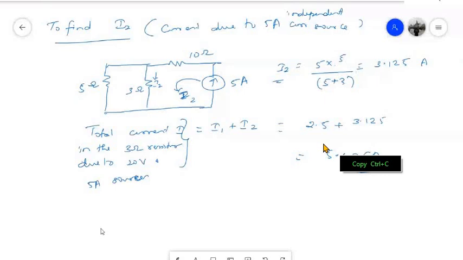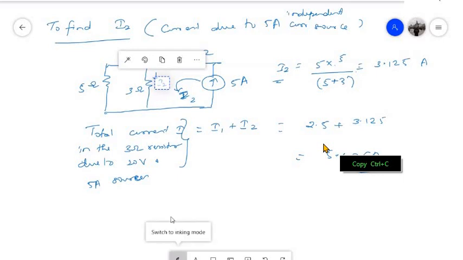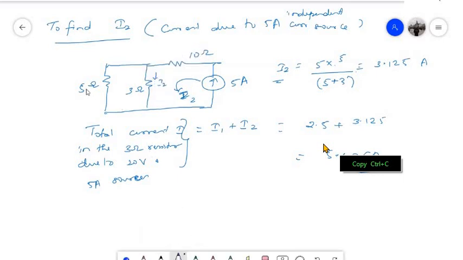Sir, here 5 ohm and 3 ohm are in parallel, and then you also consider the other series 5 plus 3 total resistance. I have actually applied the current division rule, which I have already discussed in the class. In addition, you can also apply this other method in which you find the overall resistance. You are telling that these two resistances are in parallel and I should have found R1 R2 divided by R1 plus R2, but that won't help because I want the current that is flowing through this 3 ohm resistance.